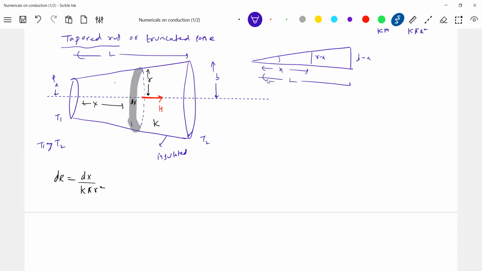From this triangle, tan alpha: r minus A by x equals B minus A by L. So r is equal to